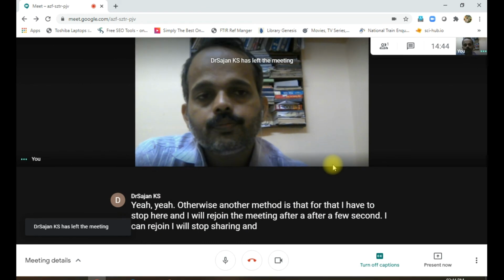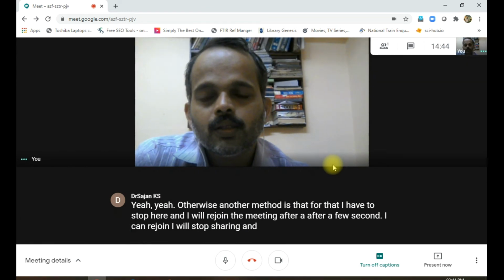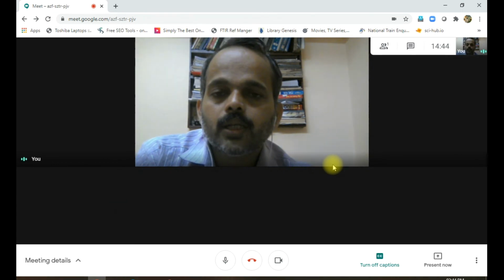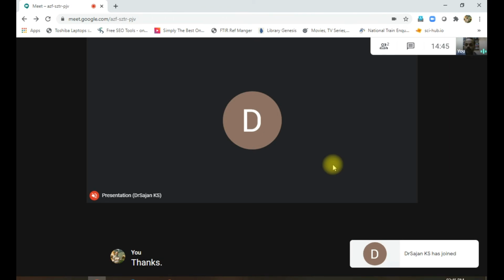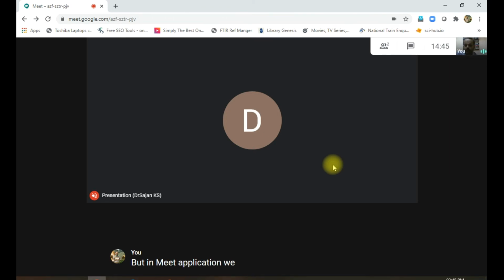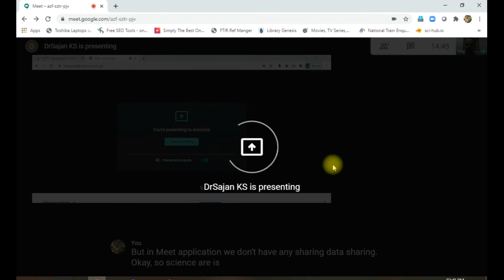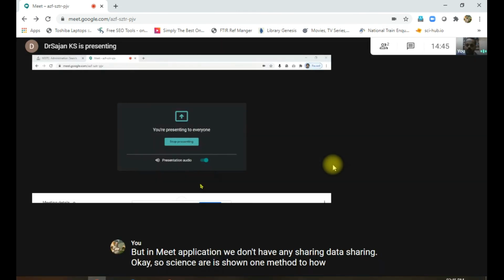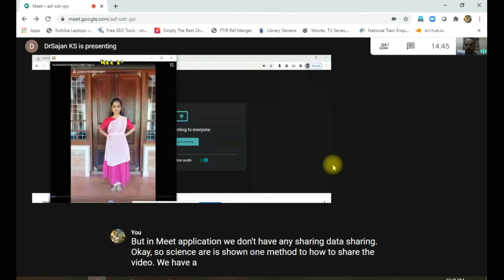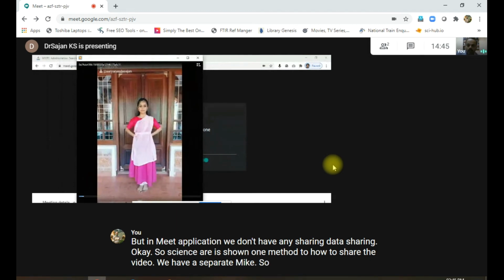So in the Zoom application, we can share the computer audio, but in the Meet application, we don't have any direct sharing method. So the sir has shown one method to share the audio: if we have a separate speaker, play the audio through the speaker.